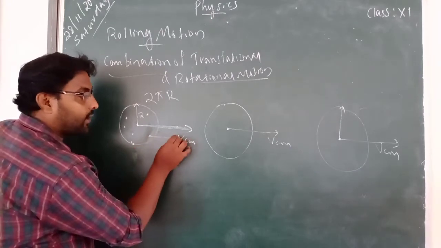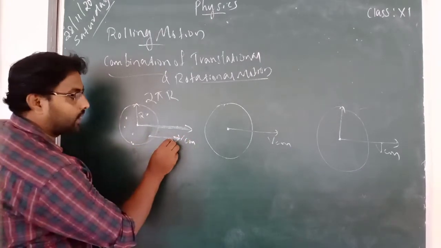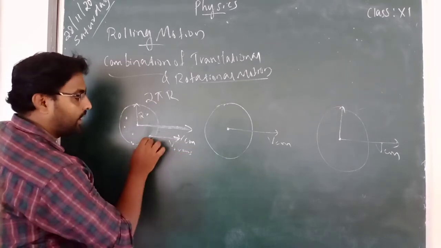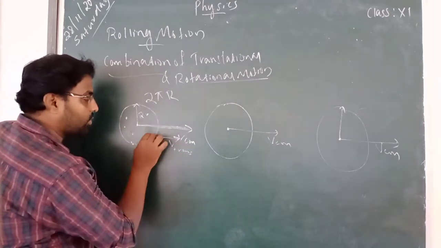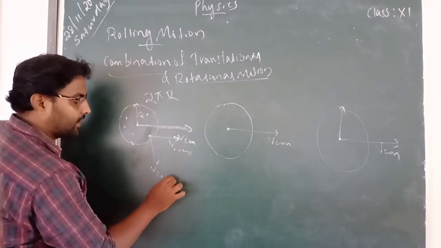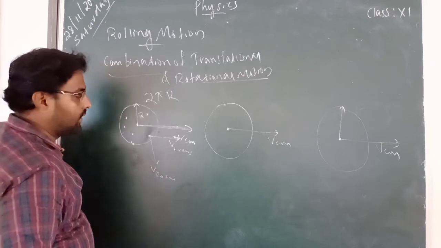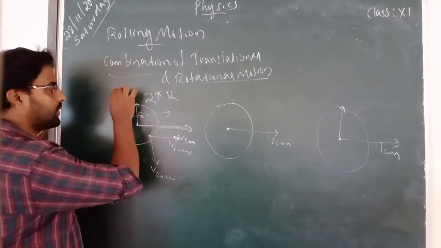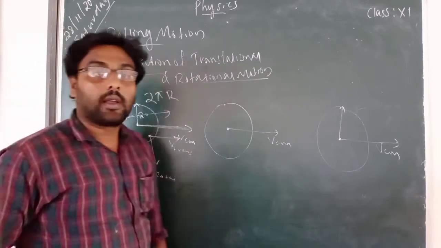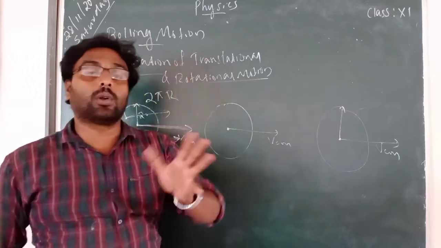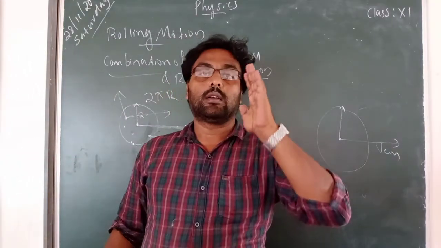One is along with the center of mass, that is V translational motion. Another one is with respect to the center, V rotational. So any point you choose has one along with, that is what we first saw. During rolling motion, what are